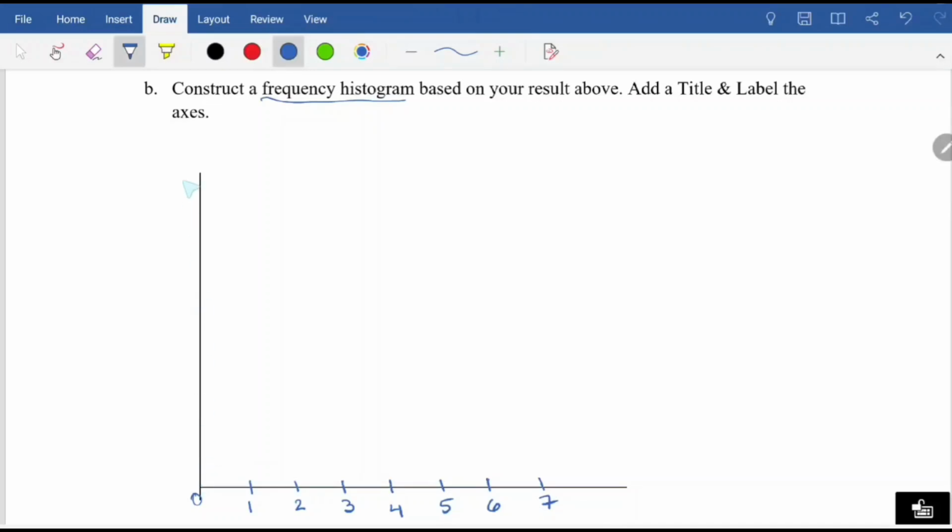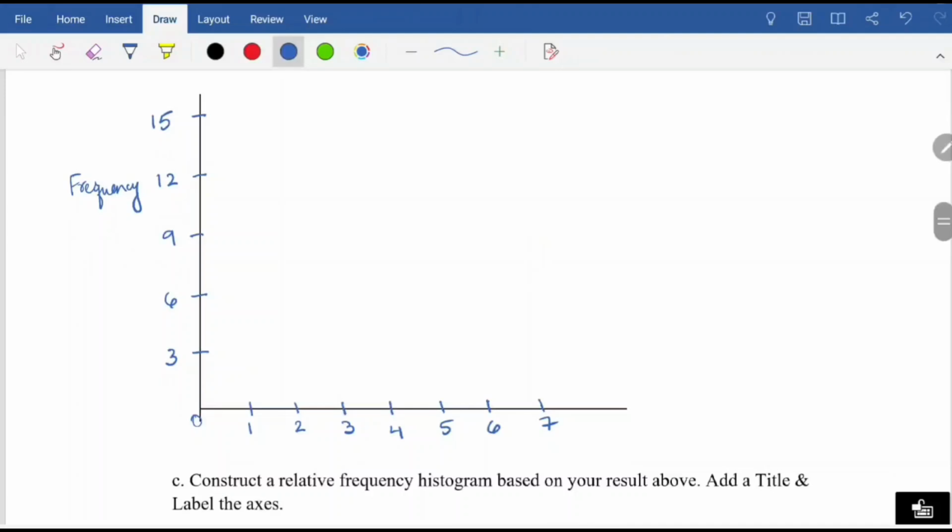All right, that means I'm going to divide the y-axis into 5 equal parts. So let's make it like this: 3, 6, 9, maybe make this a little bit taller, 9, 12, and 15. All right, and this is going to be labeled frequency,